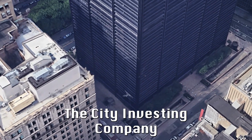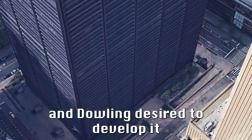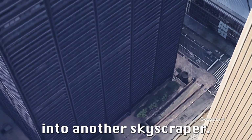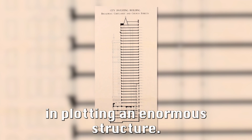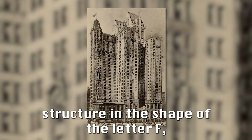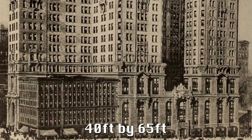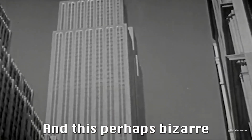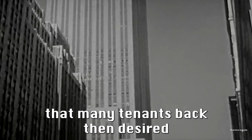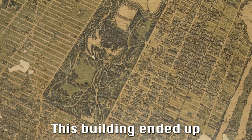The City Investing Company had recently acquired a plot of land on the corner of Cortlandt Street, and Dowling desired to develop it into another skyscraper. He brought Kimball back on the team and spared no space in plotting an enormous structure. Kimball planned a structure in the shape of the letter F, with two protruding structures around 40 feet by 65 feet, opening on Cortlandt Street. And this perhaps bizarre design was accredited to the fact that many tenants back then desired plenty of light and air. This building ended up occupying